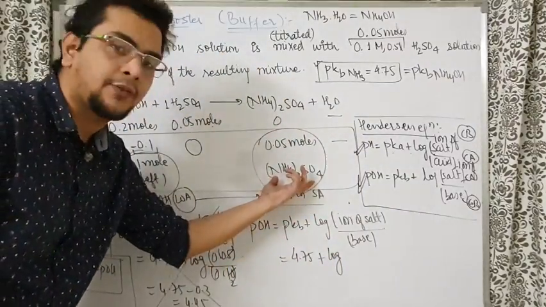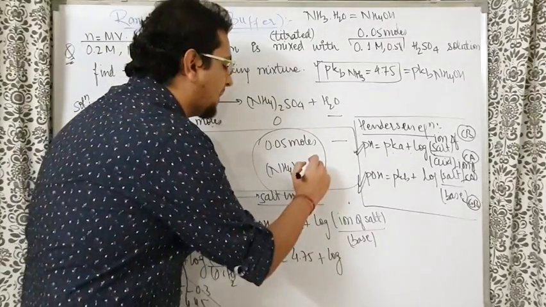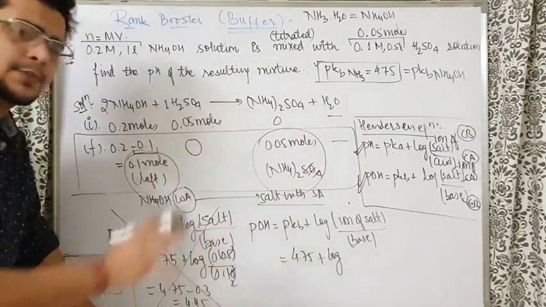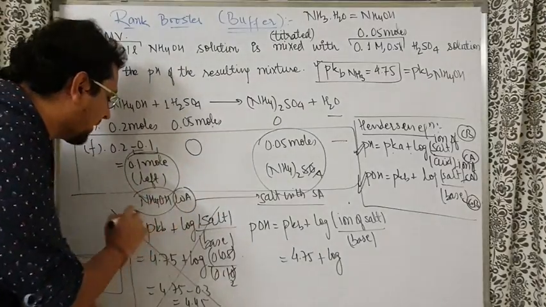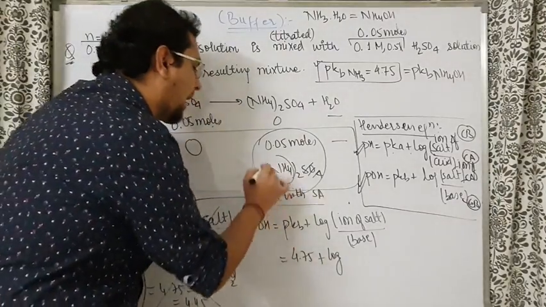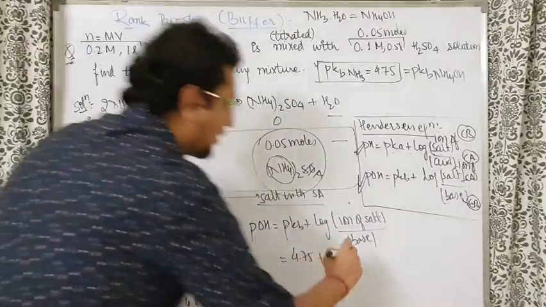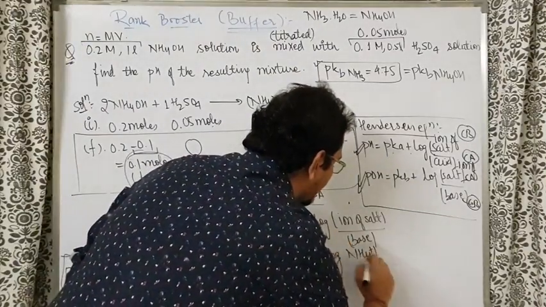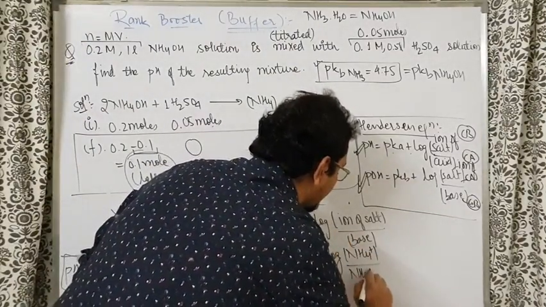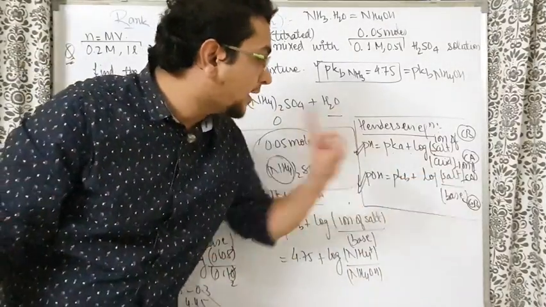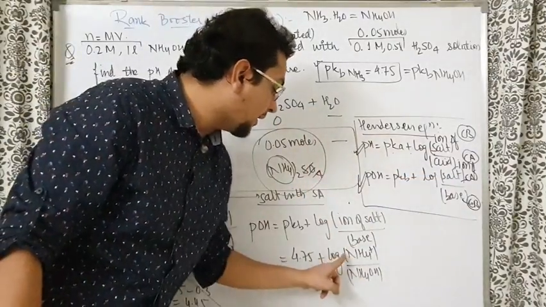The salt is ammonium sulfate, out of which sulfate is a spectator ion. He is not playing any role in this buffer. The buffer is due to ammonium hydroxide and its ion, ammonium ion. That means its conjugate acid. So the ammonium ion concentration should come in the numerator. Understand this thing well: not the salt concentration, you have to write the ion of the salt